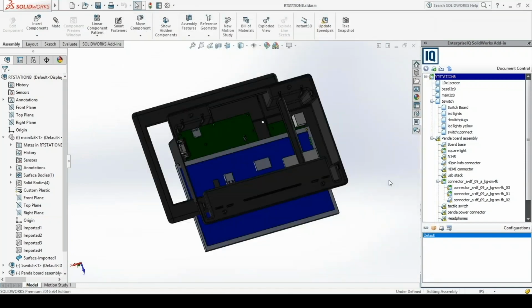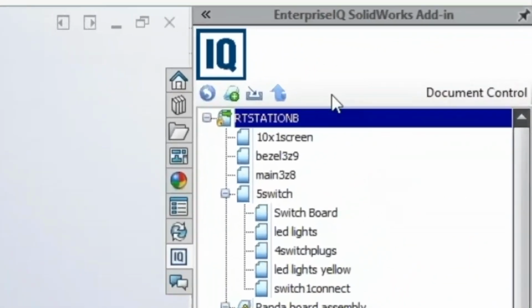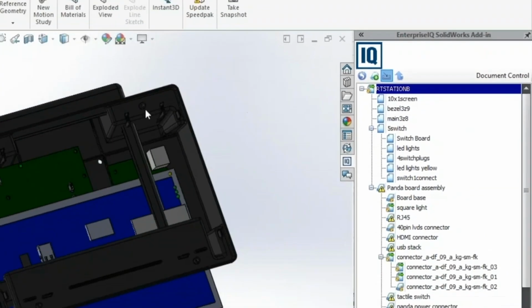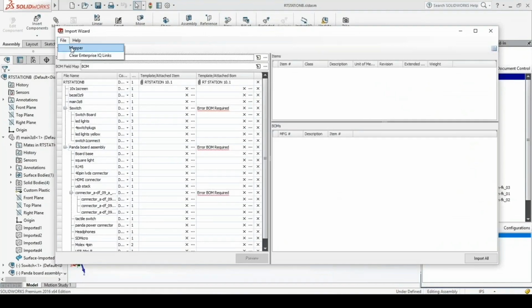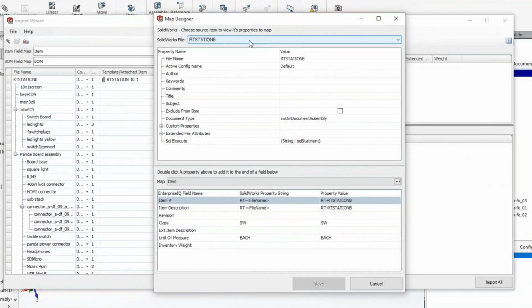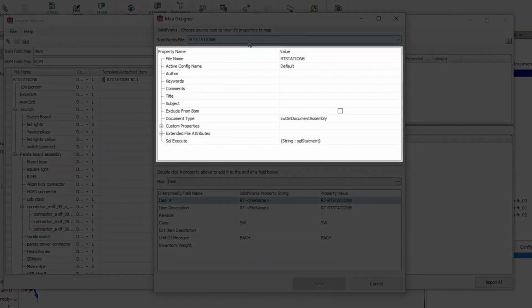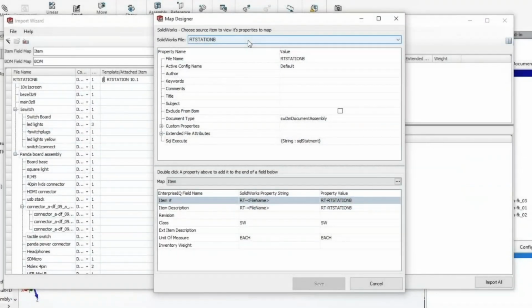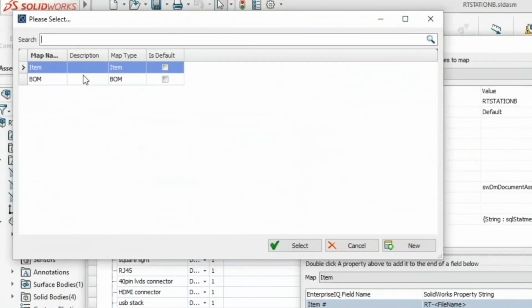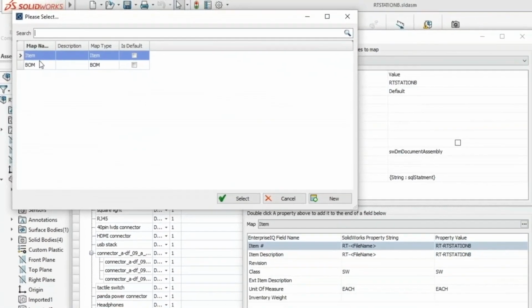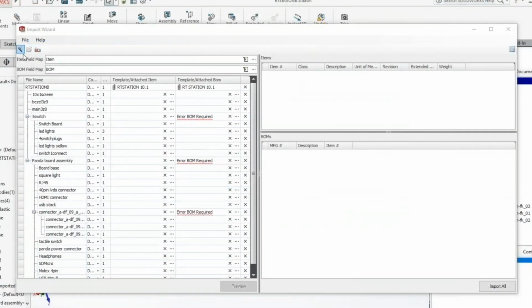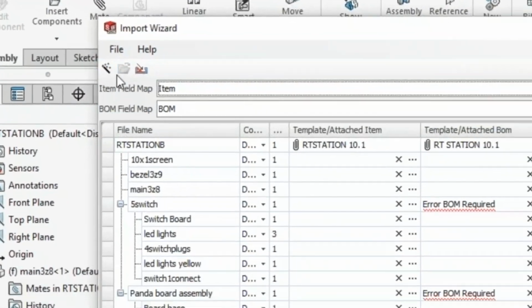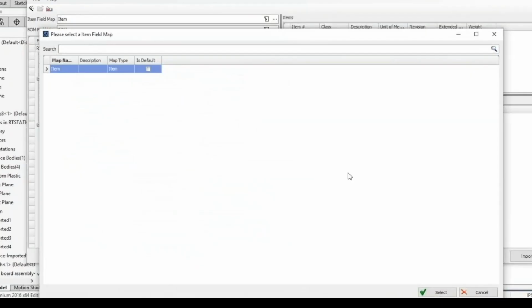Once a user has done their work, created and extracted their bill of material, they can directly import the information into DELMIAworks by clicking on the Import Wizard button. Users can use the mapper to define the fields for an item, providing the system the guidelines to accurately copy the information from SOLIDWORKS into DELMIAworks. This can be done for an inventory item, bill of material, or both, allowing for different types of maps. Once this has been completed, users can click on Wizard to actually start the process of creating the records within